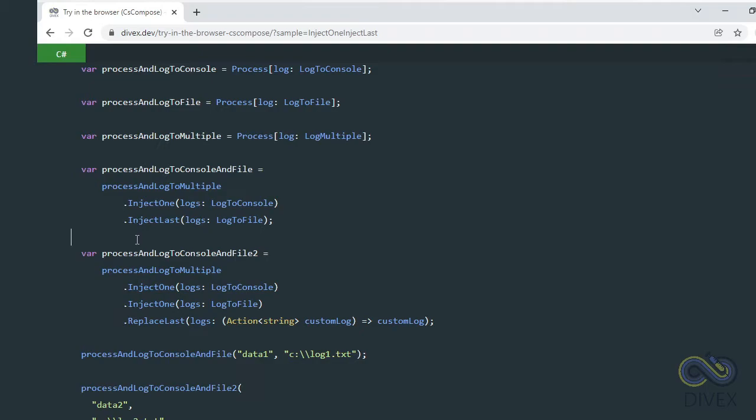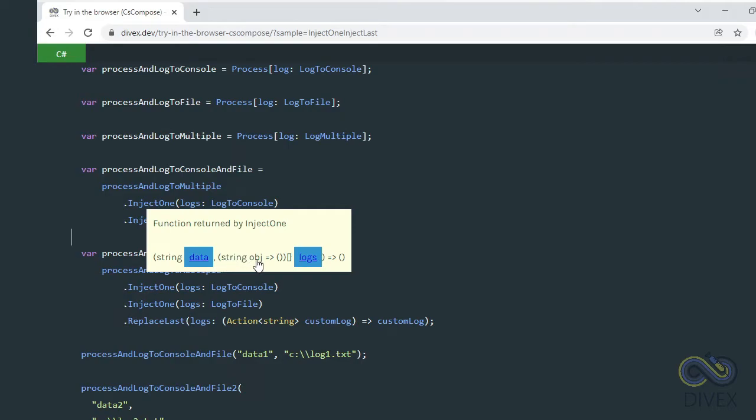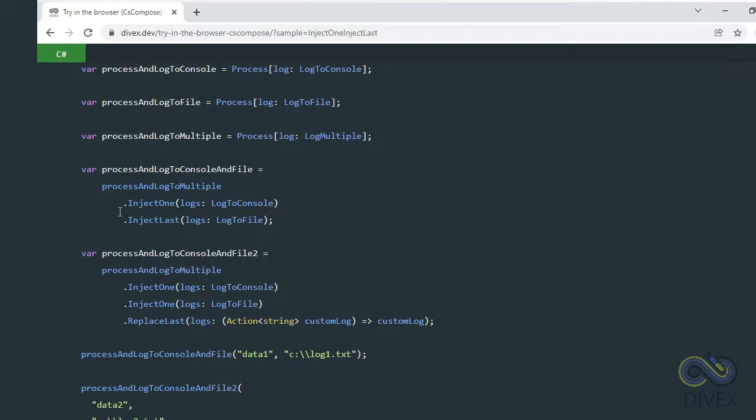And the function that results from using the InjectOne operator still takes an array of functions called logs. But this new parameter here represents the remainder of the array, right? So now this new function already has log to console specified as the first element of the array, but then it allows you to specify more log functions, right? And because of that, I can use InjectOne multiple times, each time specifying a value for the next